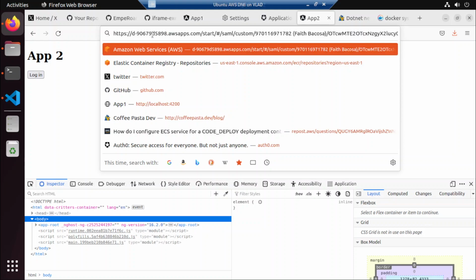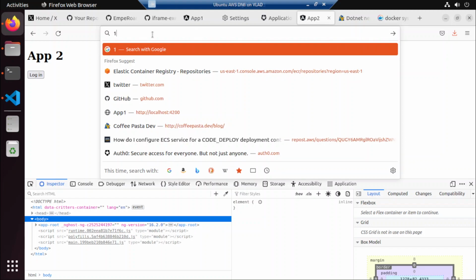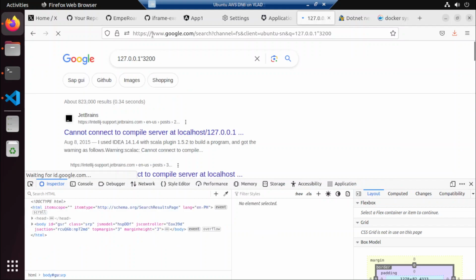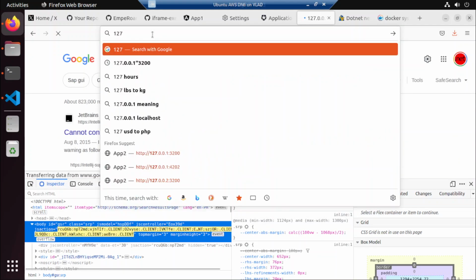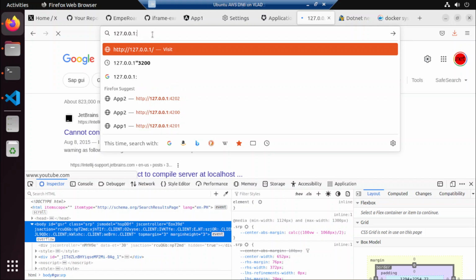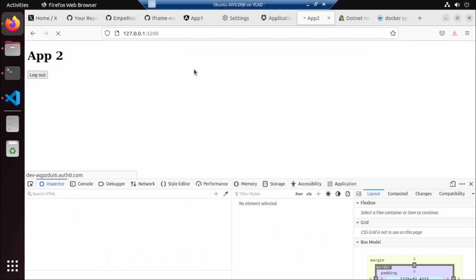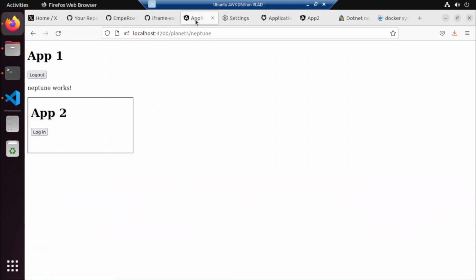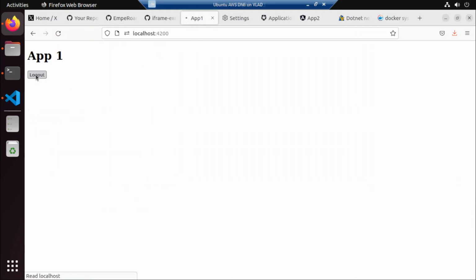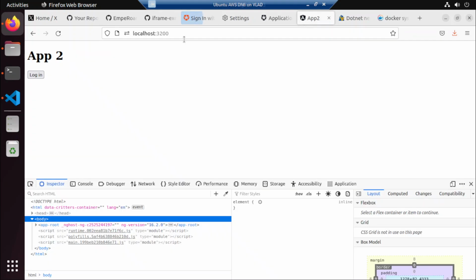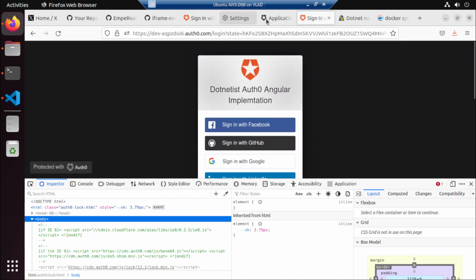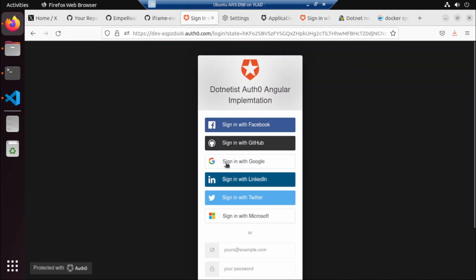We go to 127.0.0.1, oops, 127.0.0.1. Then it logs in because we have it logged in. If we logged out, this one should also be logged out. And if we log in here again,